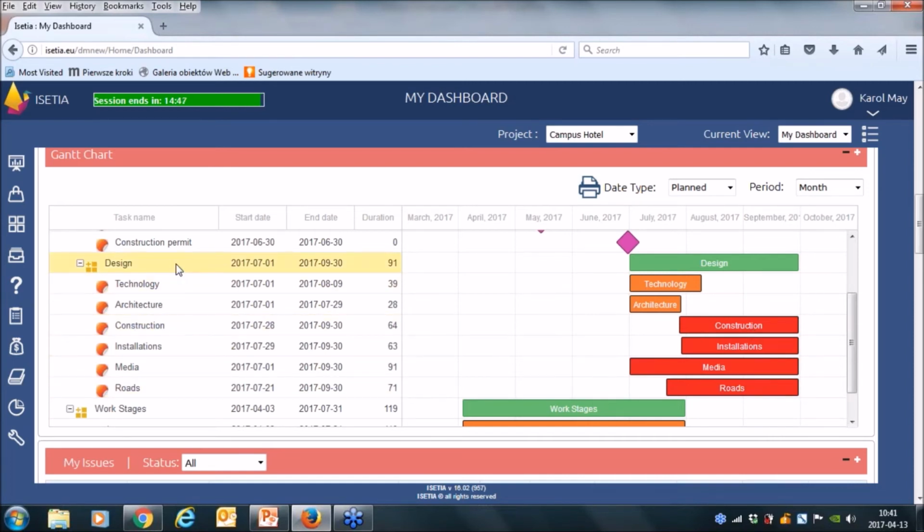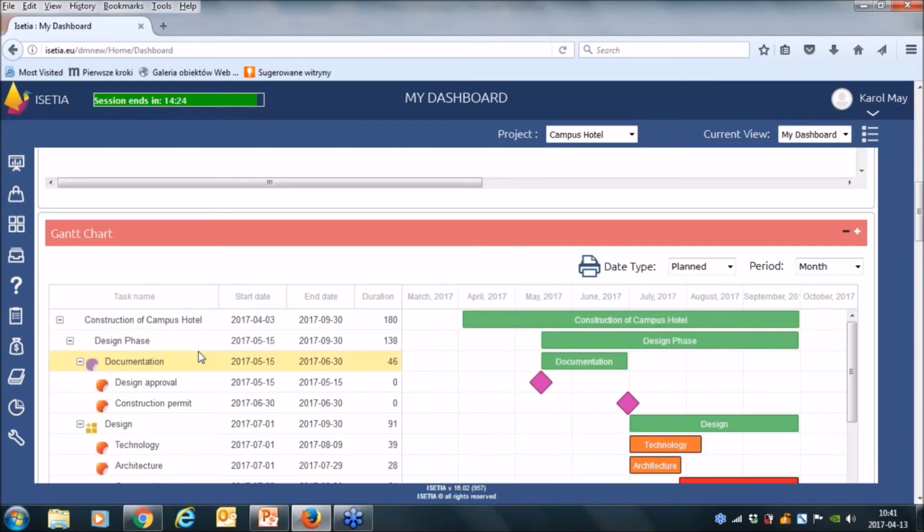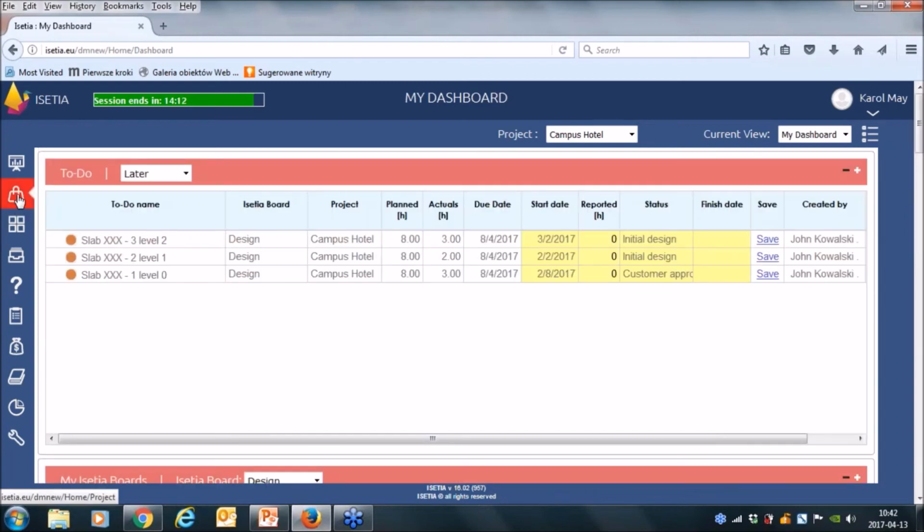But as you remember, this design is fully controlled by the ISETIA board. The micro management is based on the ISETIA board, but it is visible in the full structure of the projects and in the Gantt chart, and all data inputted on the micro level is at once visible on the upper levels for the project portfolio.